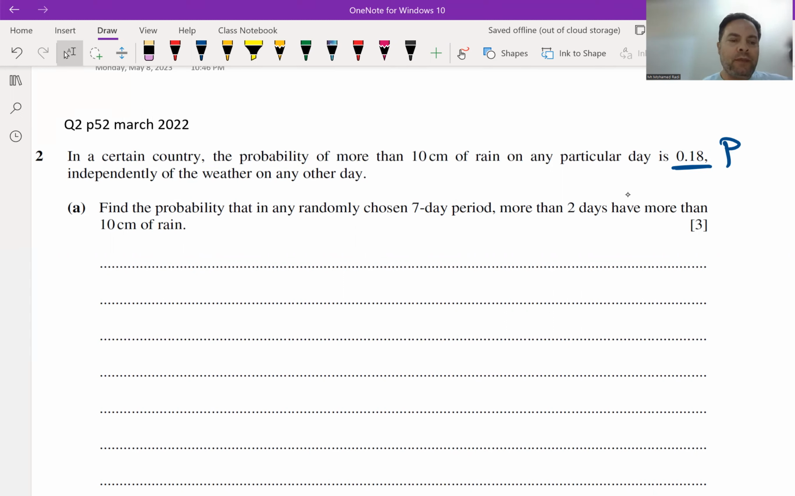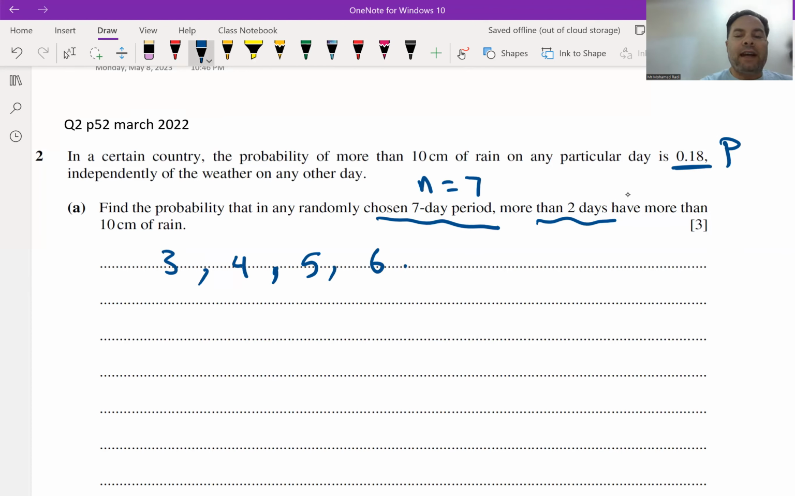Find the probability that in any randomly chosen 7-day period, so n is equal to 7, more than 2 days have more than 10 centimeters. More than 2 days means more than, it's not written equal. More than 2 days, maybe 3, 4, 5, 6, and 7. The probability of exactly 3 will be